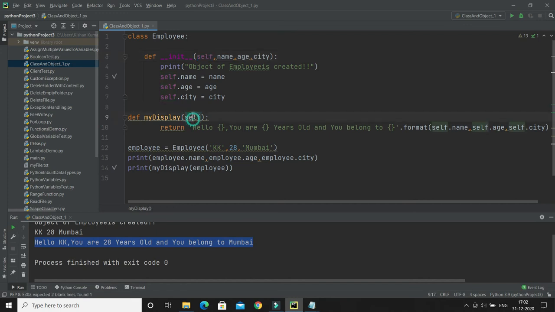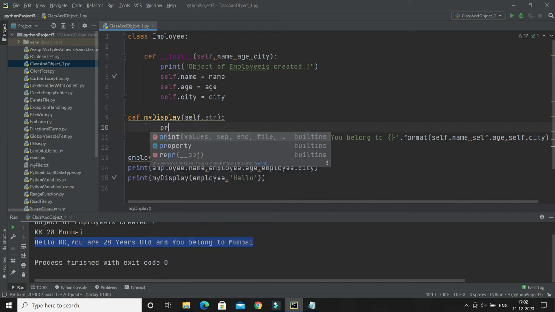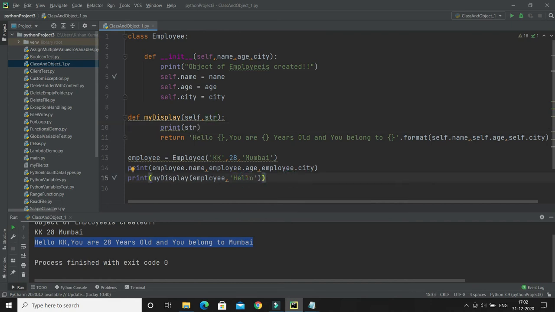You can give any name, but it has to be the first parameter in any function. Here in this function I have passed self, but apart from that you can have some more parameters as well. Let's say I have one parameter, str. So while calling this function I have to pass one more reference. Let's say I'm passing here hello, so that I can easily grab it and print it over here, right? Let me show you. I'm passing one, but the first parameter should be self, right? Now if I run, then here you can see the second parameter, which is str, I can easily print over here, right? But the first parameter has to be self.